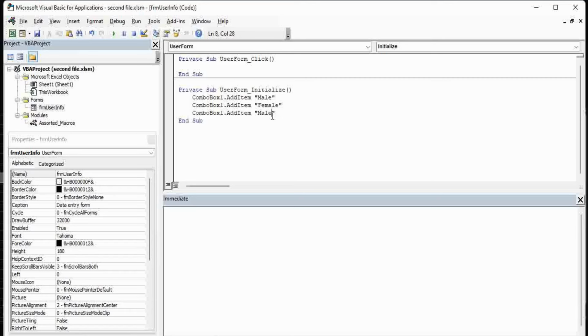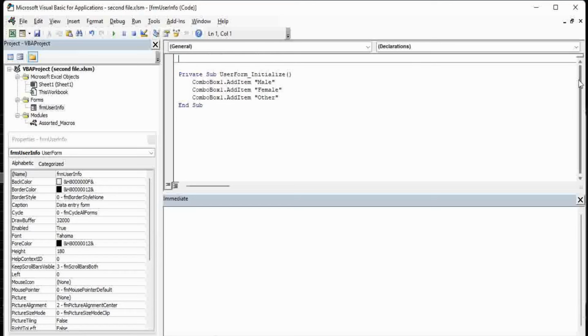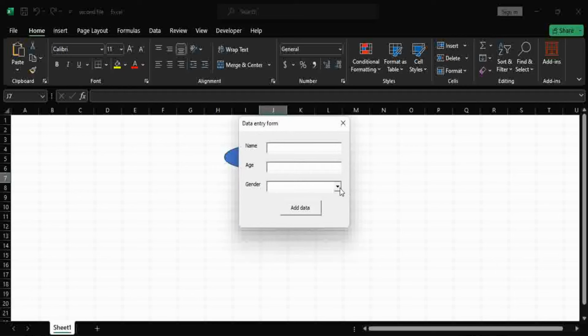female. Then over here I can get something like other. That is, you know, lately we have a lot of wonderful people in the system who don't have gender, so we can have this one here. I clear that. Good. So now when I start the form and I click here, you can see we have